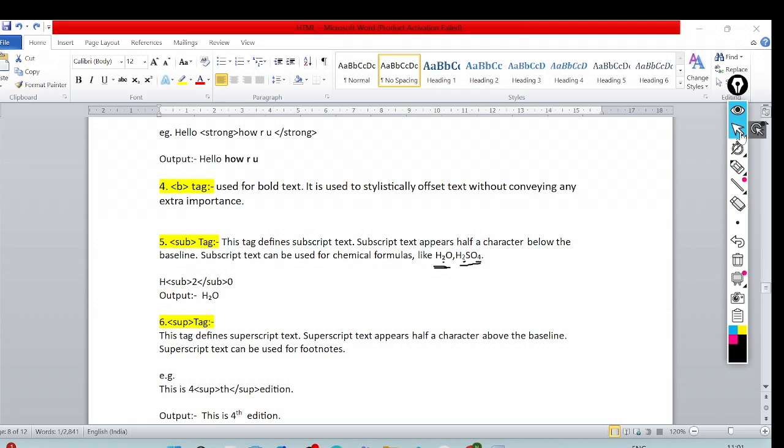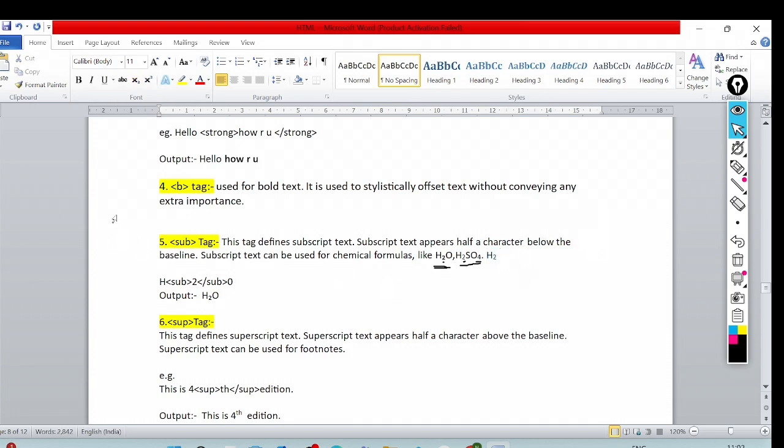Or how we define the base in text form, like you can see, just see my cursor position. See, this is subscript and this is superscript. Clear? If I need to define it in MS Word, what will I do? I will write H, click on this and write 2.